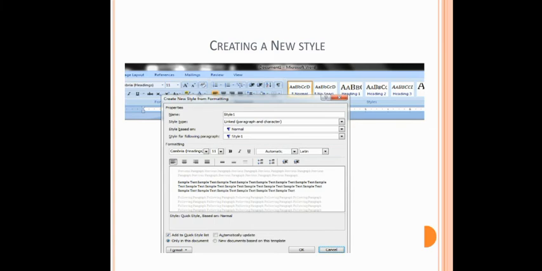In that, you have to type the name of the style, what name you want to give your style, in which category you will define your style, and after that different formatting features like font style, font size, bold, italic, underline, colors, different kinds of alignments, and all these. You can check the preview of your applied designs here, and after that click on OK, and it will be saved with your defined name in the style gallery.